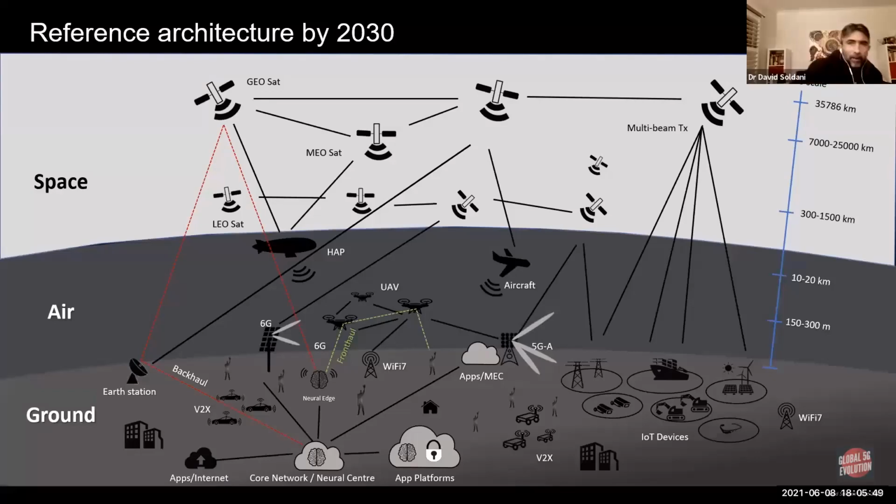I'm expecting by 2030 this type of reference architecture, which would allow us to achieve ubiquitous connectivity. So without entering into the details, we will have the possibility of enhancing our new radio. I'm thinking of release 17, hopefully supporting the unmanned aerial vehicles or systems, but perhaps the new radio advanced, which means release 18, 19, and then we will start talking about